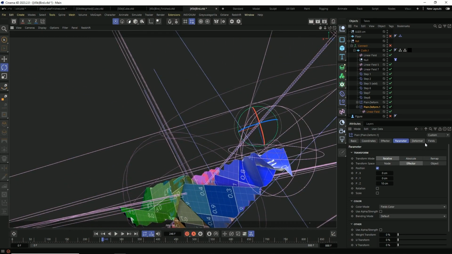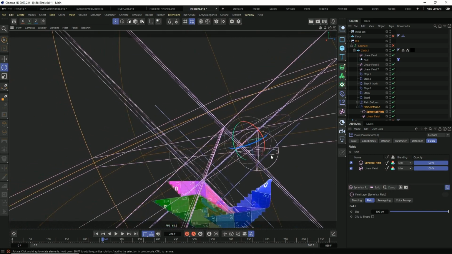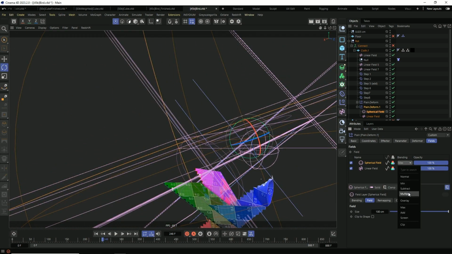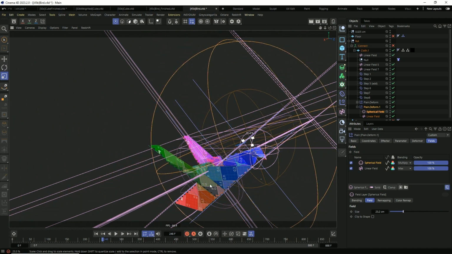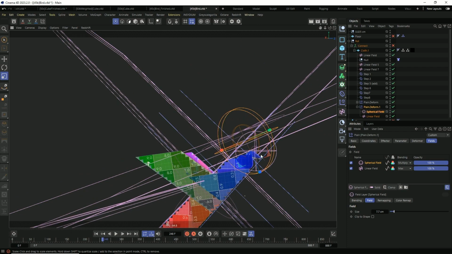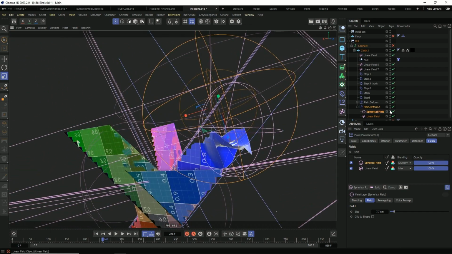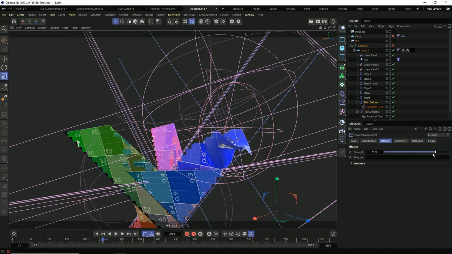Okay, so really simple, add another field. Let's say linear spherical. And that's again created 0. Let's say that's a multiplier on it. T for scale, shrink, shrink, shrink, shrink. And now I've shrunk it enough that, yeah, it's only applying to the head of the bird. So at that point, I'm not even going to bother doing it because I think you all see where we're going with this. If we were to keyframe this bulge,